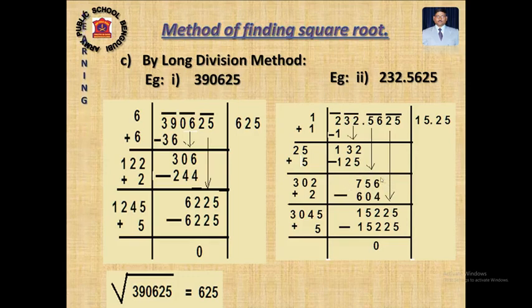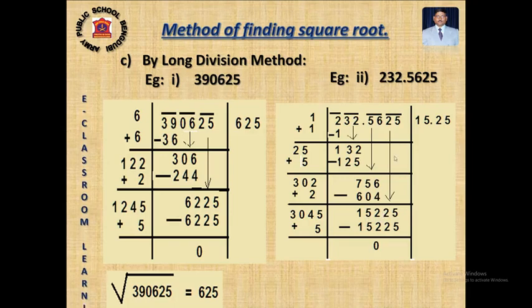Now your number is 756, clear. Now before the decimal part what was the number? 15. Make it double, 30, or if you add again you are getting 30. Imagine there is a 0, 300, and you have 756. So definitely if I write 3 here, it will be 900 something, but I have 756 only. That's why I can divide it by 2 times only, 2. So if we multiply 302 by 2, I am getting 604, and you have to write down 2 here also. Subtract.